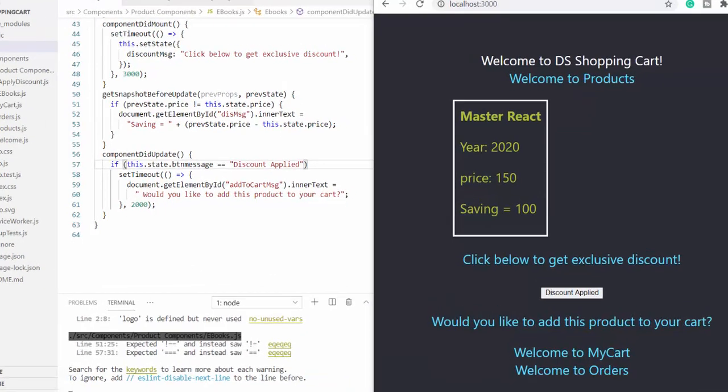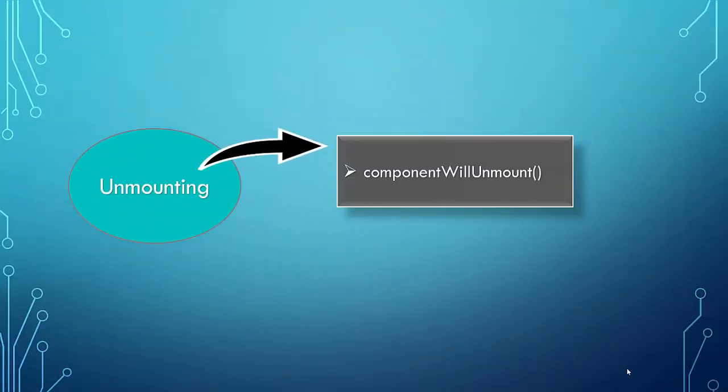So that marks the end of the updating phase. Next is the component unmounting phase. In the component unmounting phase, we have only one method, which is componentWillUnmount. So in our component which we want to unmount, we will be including this method, and whenever the whole component gets unmounted, that is when from the parent class you are applying some kind of toggle logic and removing this component based on this logic from the display, this method will be called.